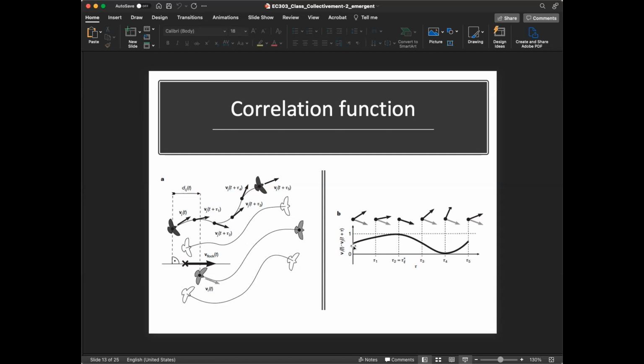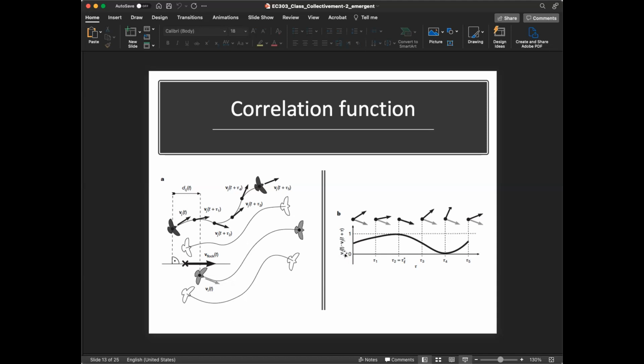Okay, now here is the interesting thing they plot. They are not multiplying Vi at t with Vj at t. What they are plotting is Vi at t with Vj at t plus tau. If you remember the autocorrelation function we discussed for, for example, the OU process, what were we doing there? We took x of t, multiplied it with x of t plus tau, right? And of course, in that case, both the variables were x. That's why it was called autocorrelation function.